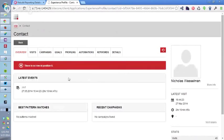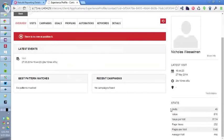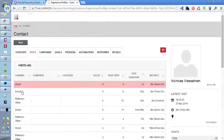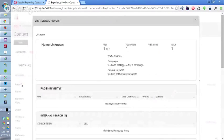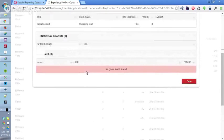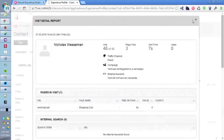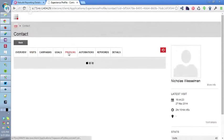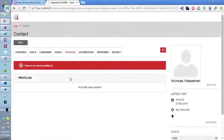my overview. You're going to be able to see the last time I visited the site, the average value of each visit, the total number of page views I've had. I can look at each of these visits and dive into them and see the specific pages I looked at. And then as well, I don't know if I'm going to have any profiling data. No, if I had any profiling data in terms of profile cards that I adhered to, that would show up